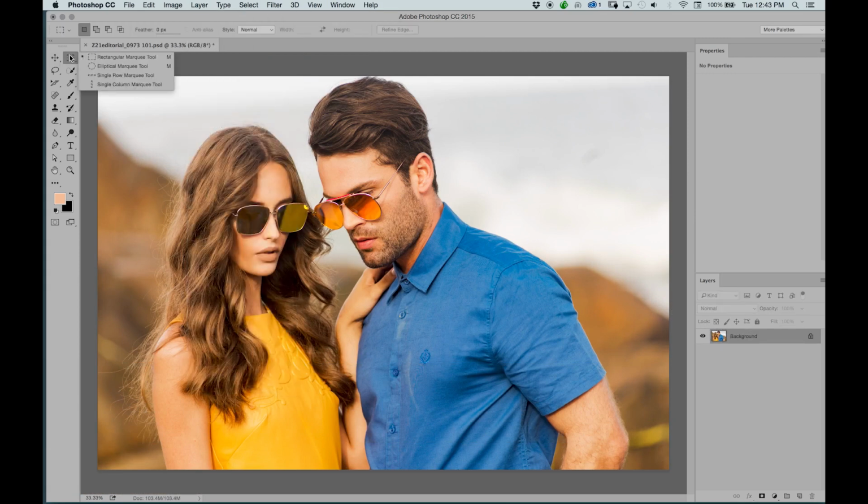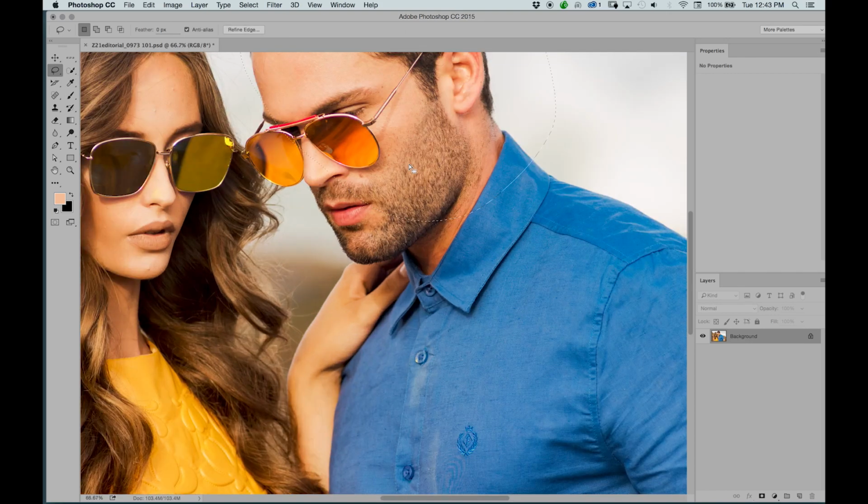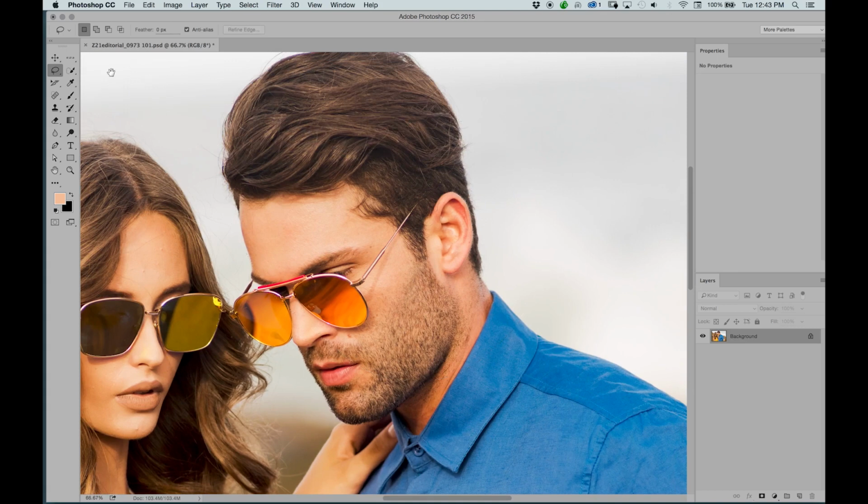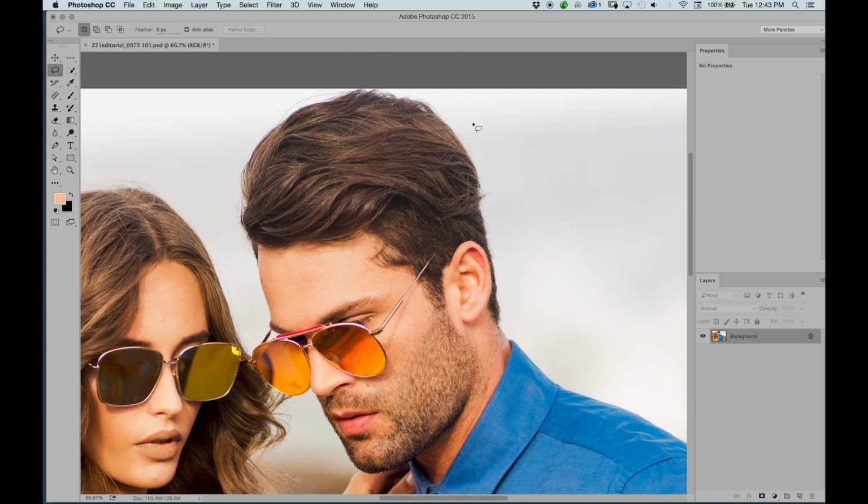Now the selection tool also has elliptical marquee, which is if you want a circle or any kind of curvature shape, or you can make it with a pen tool, or you can select a single row of pixels, which I don't know why you'd specifically do. There's also this free transform tools like this lasso tool. So if I start clicking and going over my image, it makes a freeform selection. This is useful in case you decide that you want to quickly select an area, maybe of his hair. Command C, Command V,